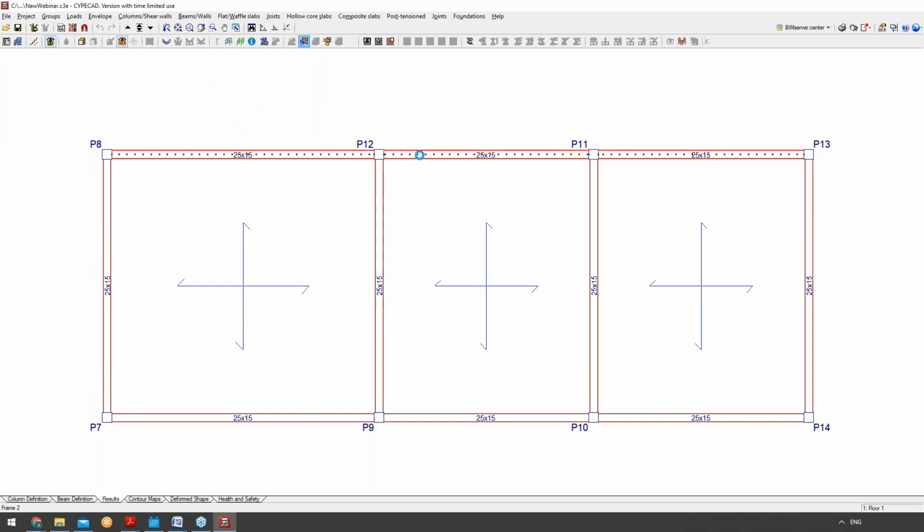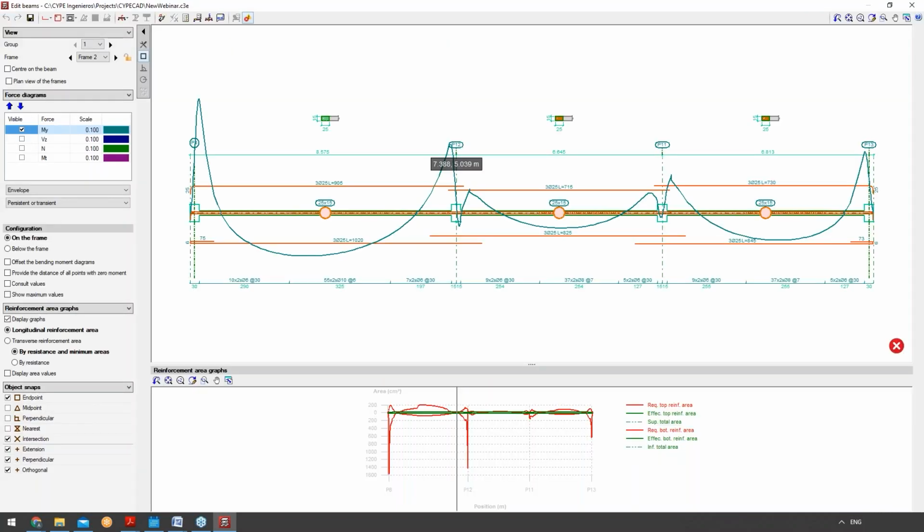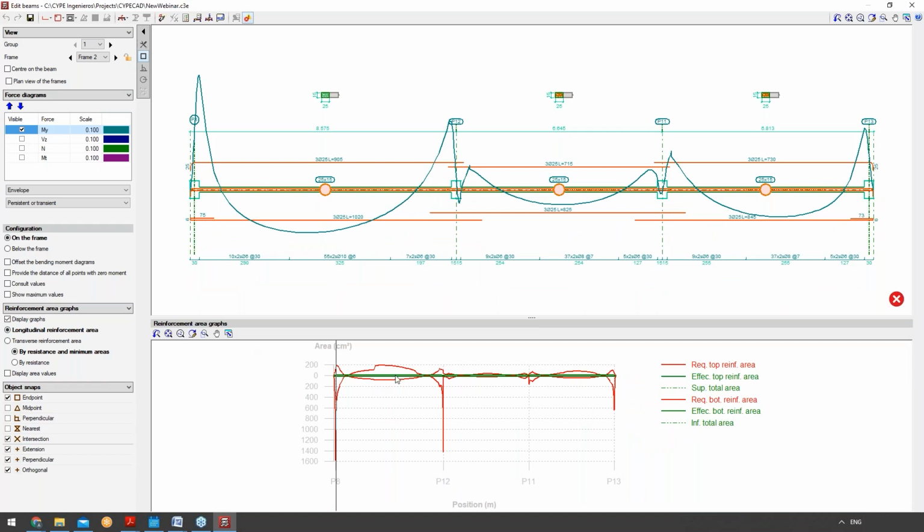So edit beams, I can come over here. And this is the section in the program where we can look at what's actually gone wrong in this particular beam and look at ways in which we can support it. For instance, we have our reinforcement area here. You can see the different area by position graphs I have for the required top reinforcement area,